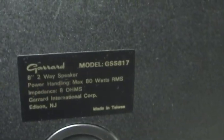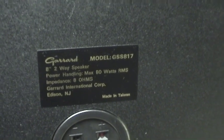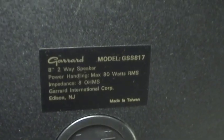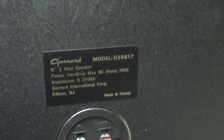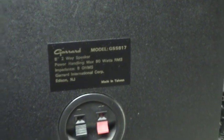These are Gerard model GSS 817 speakers. After I picked up the cabinets on these and realized how heavy they were, I looked at the power handling, and that's not at all shabby. These aren't party speakers, but they'll certainly stand up and sing if you want them to. So despite all these signs, I realized that these things were probably very much a bargain at their listed price, and I brought them home right away, where I hooked them up, and I have been very, very pleased with